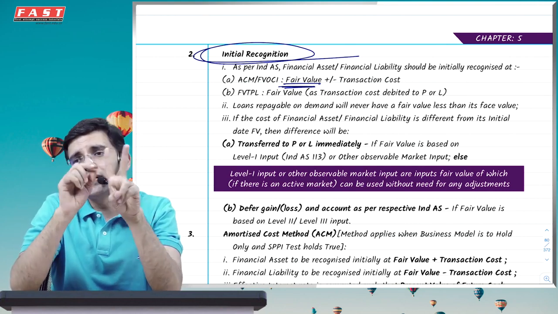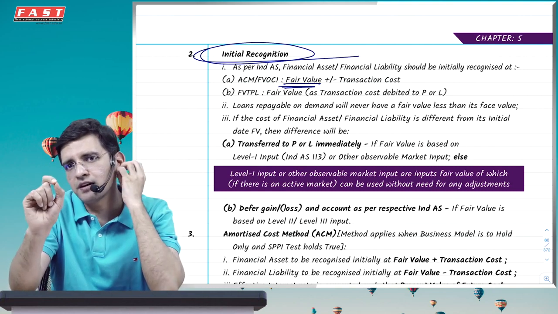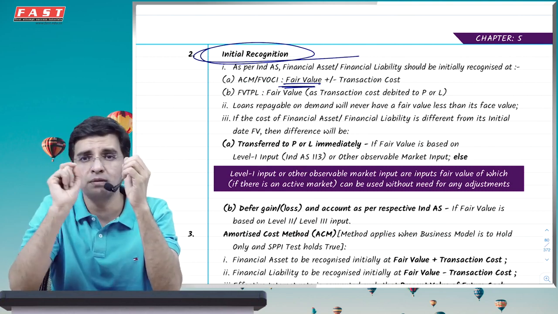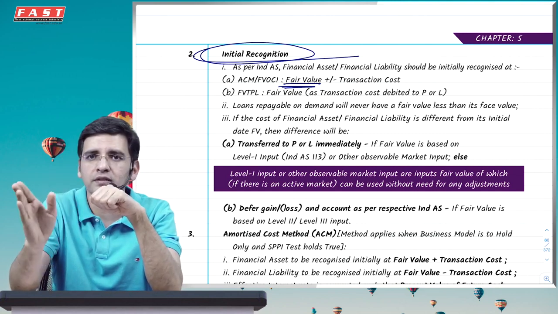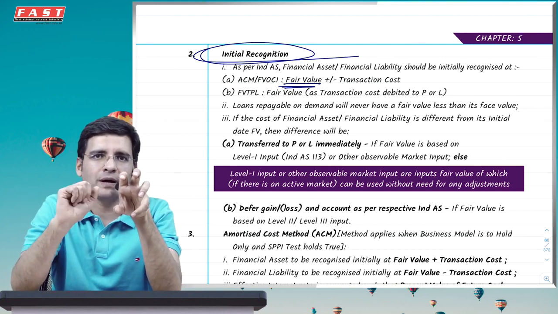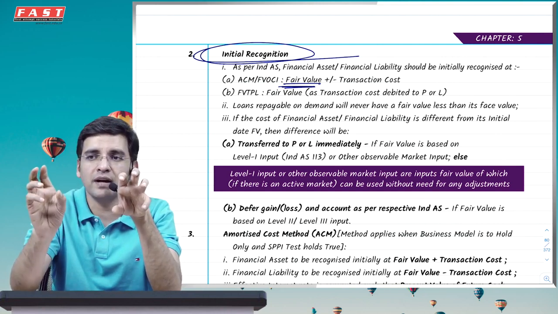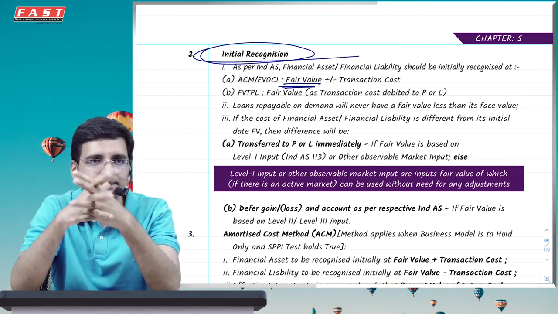Second, initial recognition, you might have incurred some transaction cost. What is transaction cost? It is directly attributable cost, directly attributable to the purchase. That means if you would not have purchased that particular asset, that cost would not have been incurred. If I bought a debenture and paid a commission to an agent for buying that debenture, then this agent commission I would not have paid if I had not bought the debenture. So I will say it is an initial direct cost